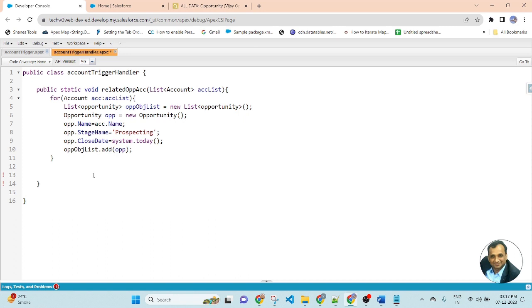After the for loop, I will check a condition. If this opportunity list is not empty, then we will insert the records of opportunity.